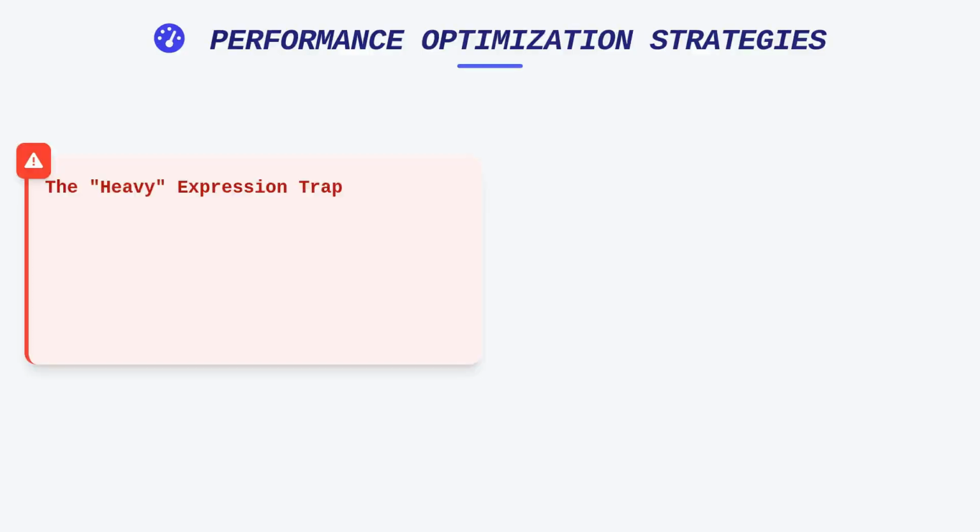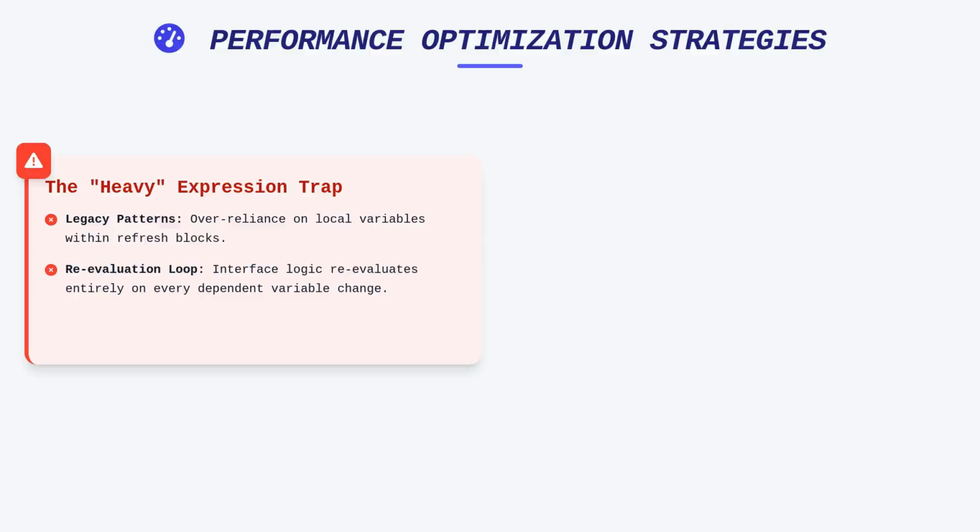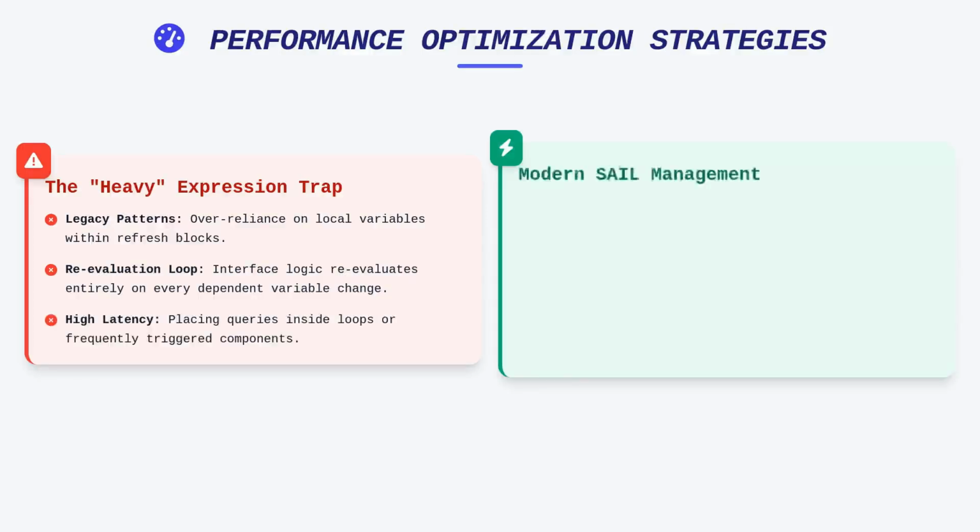One of the most effective strategies for performance involves understanding variable scope and refreshing patterns. While legacy code often relied on local variables declared within refresh blocks, modern SAIL allows for more efficient state management. Every time a dependent variable changes, the entire interface logic reevaluates, which can quickly lead to what we call heavy expressions. To combat this, you should aim to minimize the complexity of your calculations by breaking large, monolithic expressions into